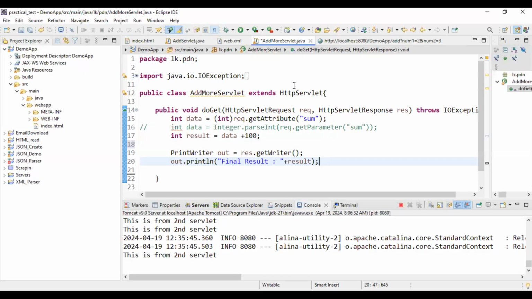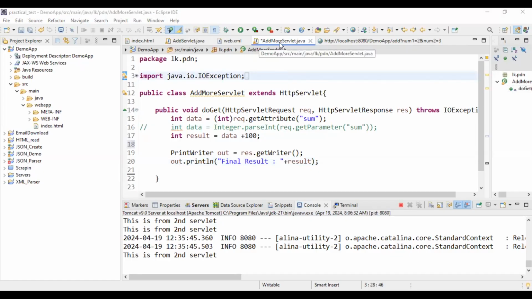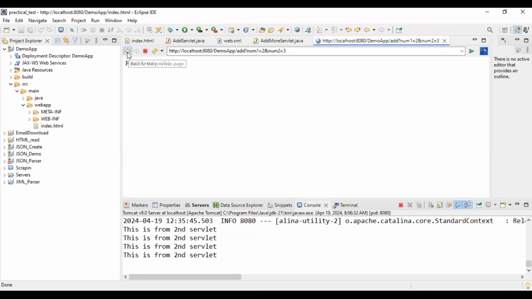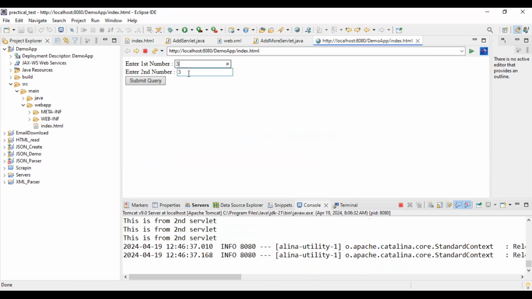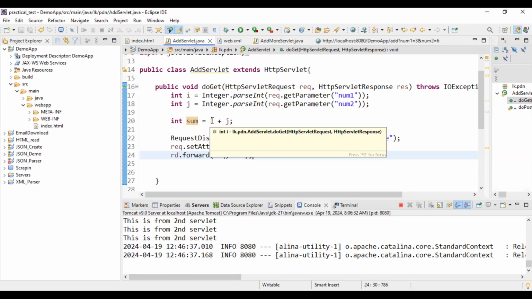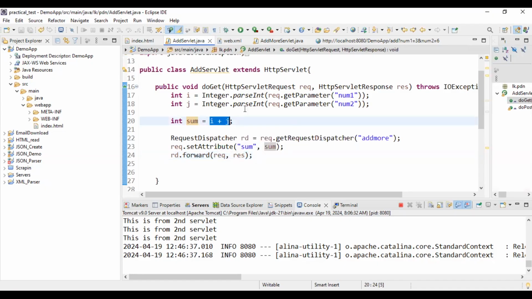Let me try to run this code. Make some changes to the input value, and when I submit this, I can come up with this result, right? We are sending 3 and 6, the sum is 9, but I got 109 as the final result. The reason is that this servlet will add 6 and 3, giving 9. Then 9 will be sent